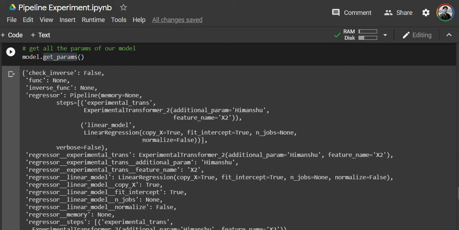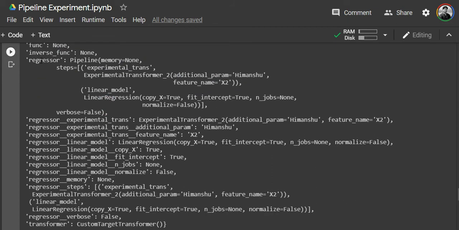So there's something you should note here. If you see this regressor double underscore experimental underscore trans, so this is obviously the name of the initial experimental transformer which we had written. After this, inside experimental_trans, we had passed an additional param. So there is again a double underscore and the value of it.